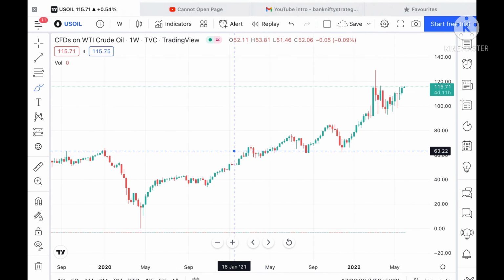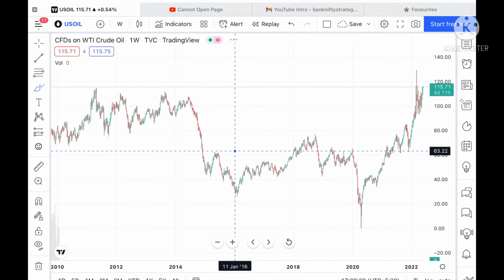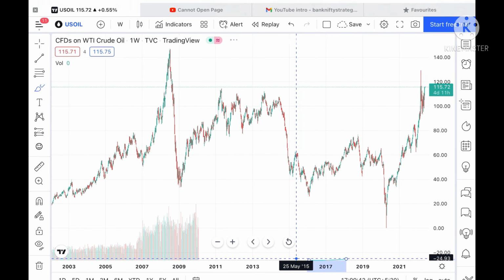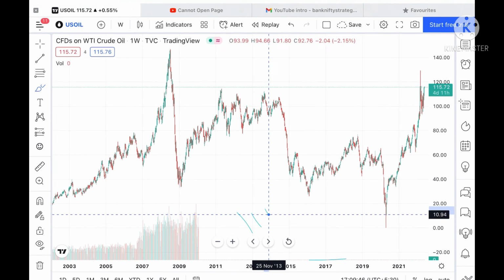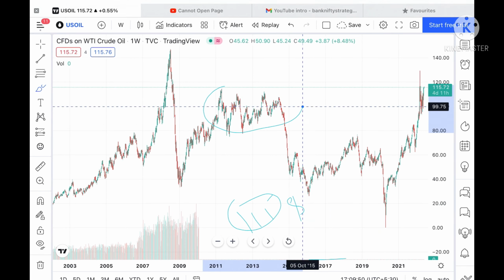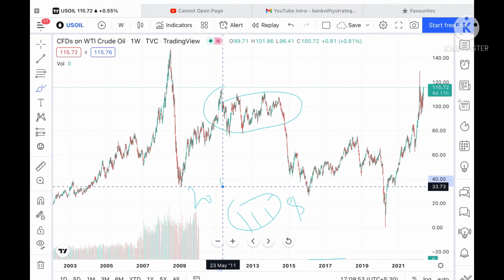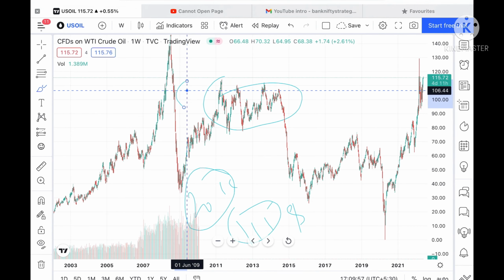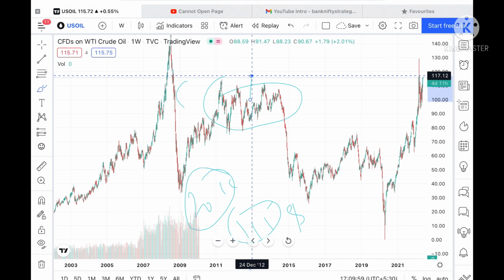But if we go beyond this particular level, beyond 2012, that means in all these years we have not seen the range go above a level of $115. It has crossed this particular trend since 2011. Now suppose this particular level sustains, we can see it move further upside towards a level of